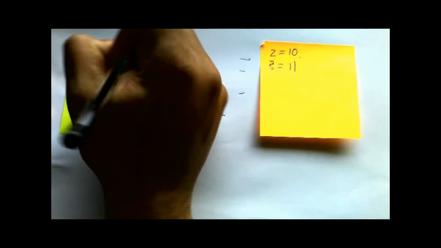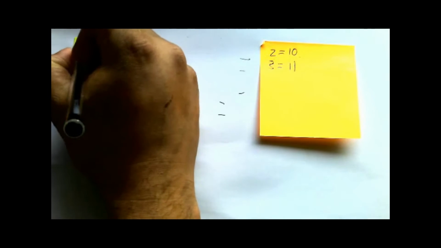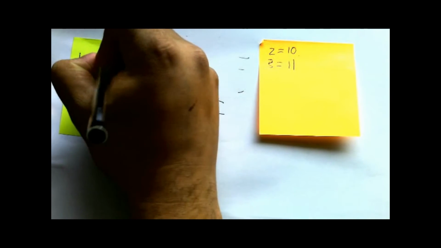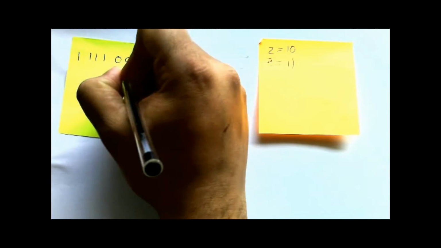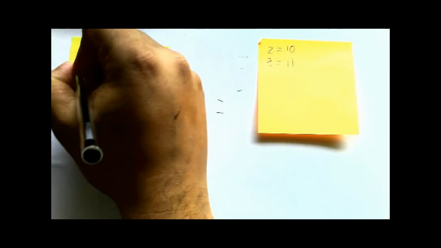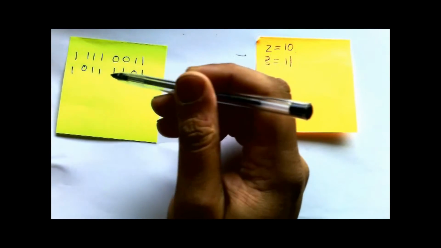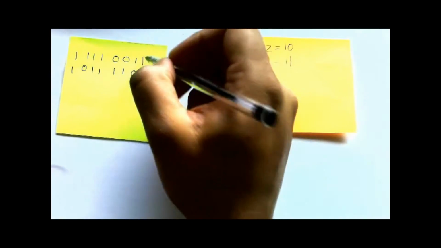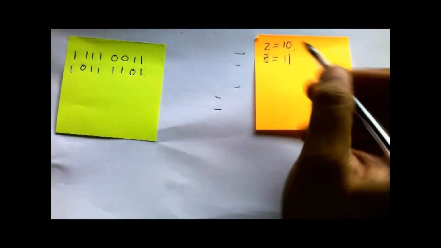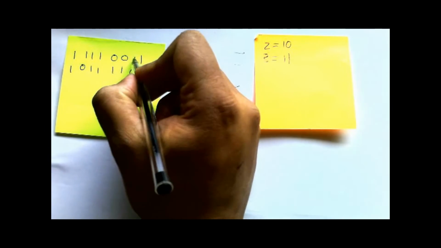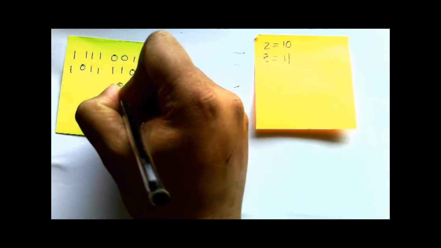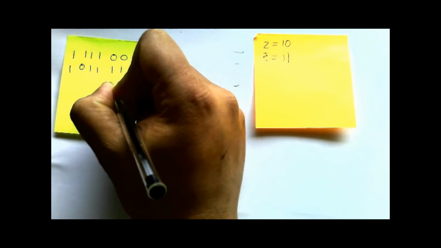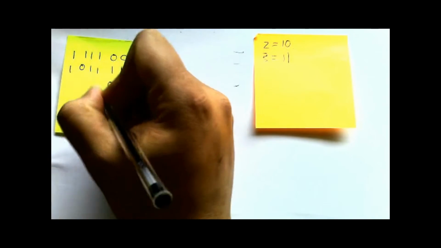So if we go for, I won't put the placeholders at the top, we'll just go for an 8-bit number, 1, 1, 1, 0, 0, 1, 1, plus 0, 1, 1, 1, 1, 1, 0, 1. Now, straight away, I know that this will probably result in an overflow, so just watch out for it. So the 1 and the 1 is a 2, so a 0, carry the 1, then we've got 1, 0, 1, 0, carry 1, 0, 1, 1, 0, carry 1, 0, 1, 1, 0, carry 1, and we've got 1,